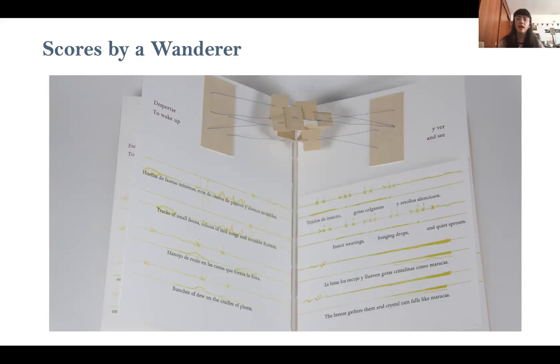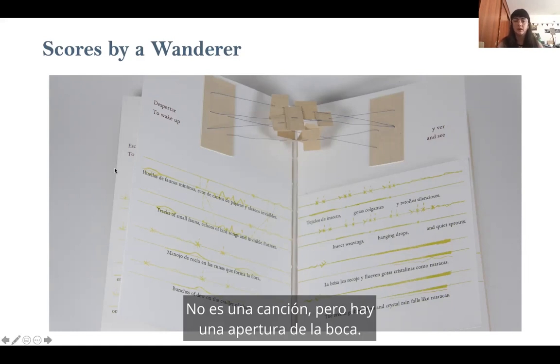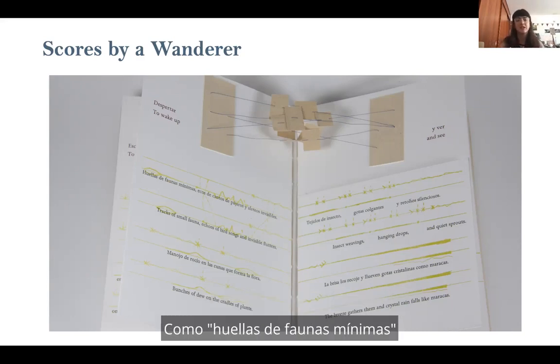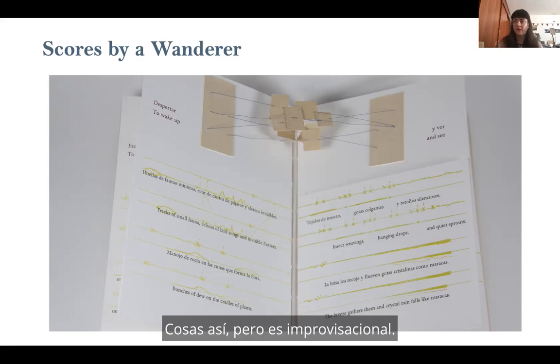And this is a score that, if read by one individual, the poem is very easy to understand, right? It's more of a traditional poetry reading with a few fluctuations in the voice. This is not song, but there is an opening of the mouth, then there is some melody, but it's not specified, right? Like huellas de faunas mínimas, encantos, Ceballos, things like that. But it's very improvisatory, and when you perform it in a duet with someone else,